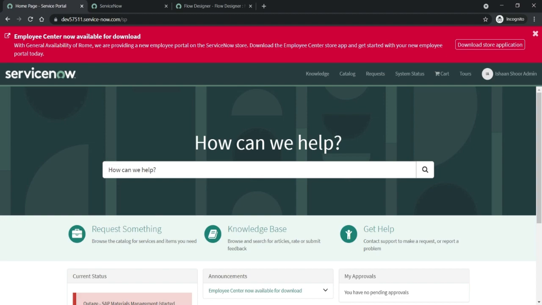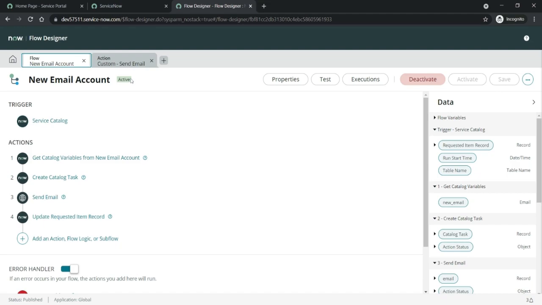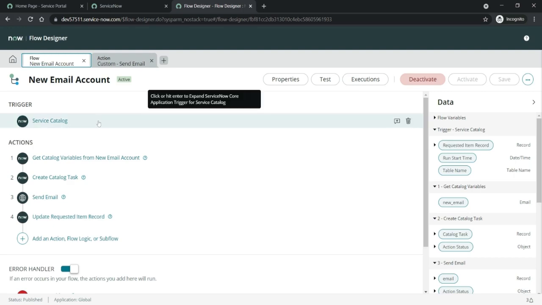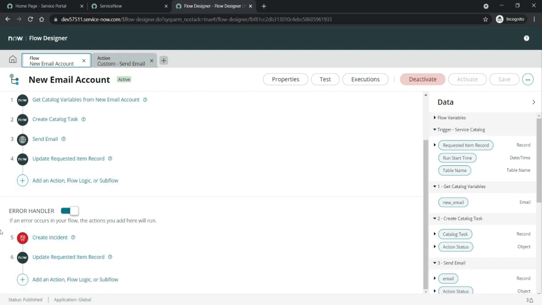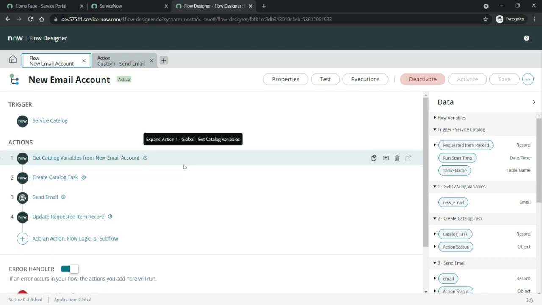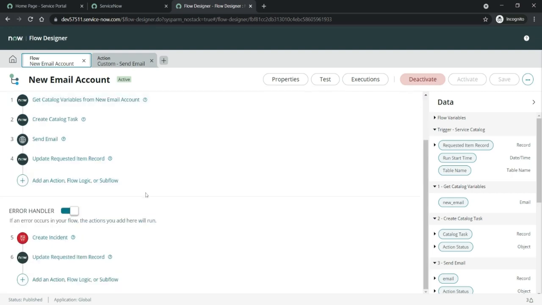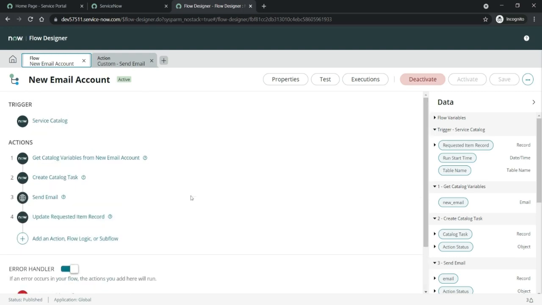So, coming to the topic, let's start off. If you have seen my last video, you might already be aware that I used the new email account flow for the new email account catalog item that we have. In this, I walked through a couple of actions and the error handling bit at the flow level. Now, to demonstrate the working of error handling at the action level, the new changes that have come up at the action level, and how it works with the action error evaluation and the error handler at the flow level, I'll be creating a custom